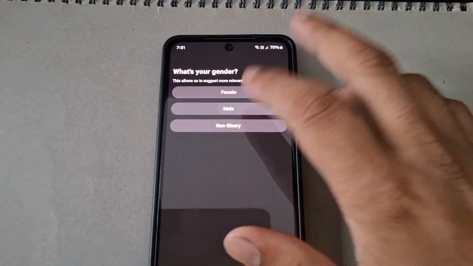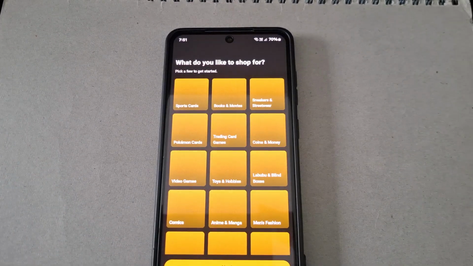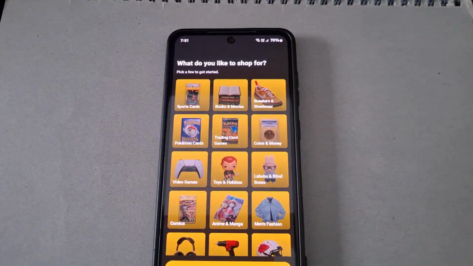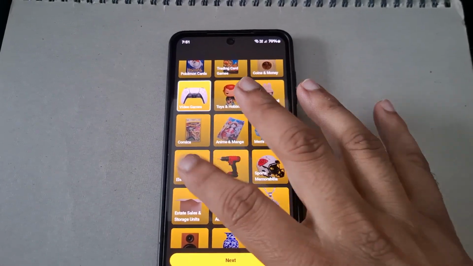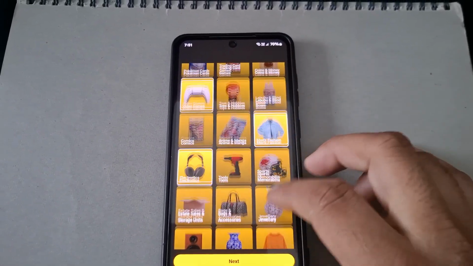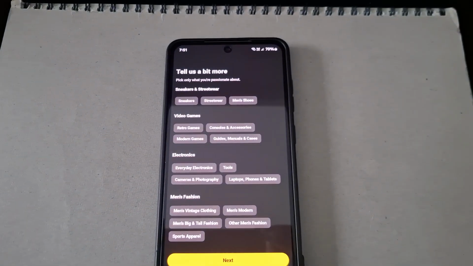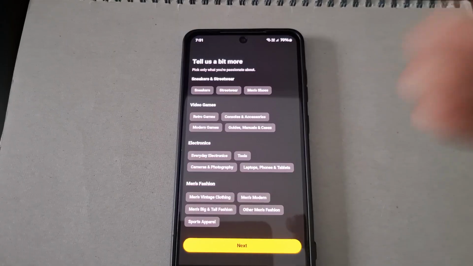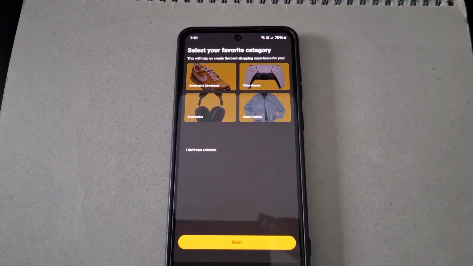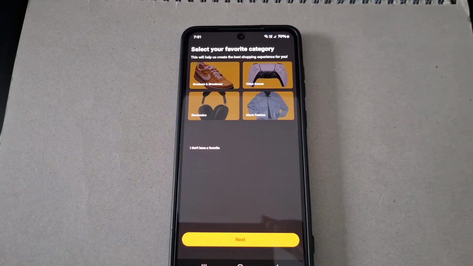And I will choose your mail, then press on continue. What would you like to shop here? Sneakers, video games, electronics, men's fashion, and later I will choose more if I need. Okay, I'll not do anything here. I'll go next. So this is the step-by-step process that I'm showing you how to create your account in the application